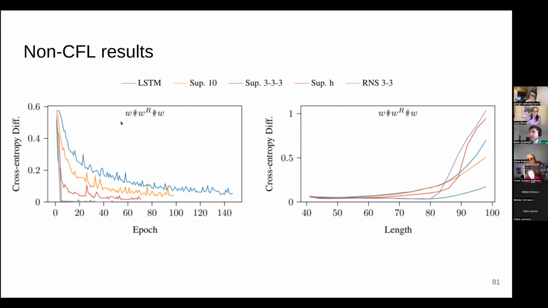Okay, so we have this language w marker w reverse marker w. There is a cross-serial dependency here, but this task has 2 hints that are meant to make learning easier. The first is that it has these explicit boundary markers for the w's, and it has these extra time steps in the middle in the form of w reverse. And it turns out only the multi-stack models, the green and the purple, can solve this task optimally.